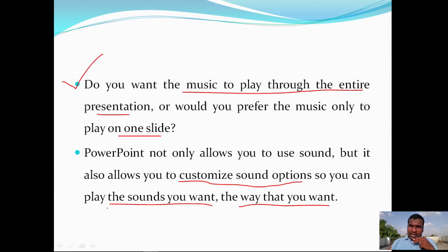If you want to play several sounds, not one sound for the entire presentation, yes, it is also possible. If you want to play a single sound for a single slide, yes, it is also possible. These are the features that are included with the 2007 software.